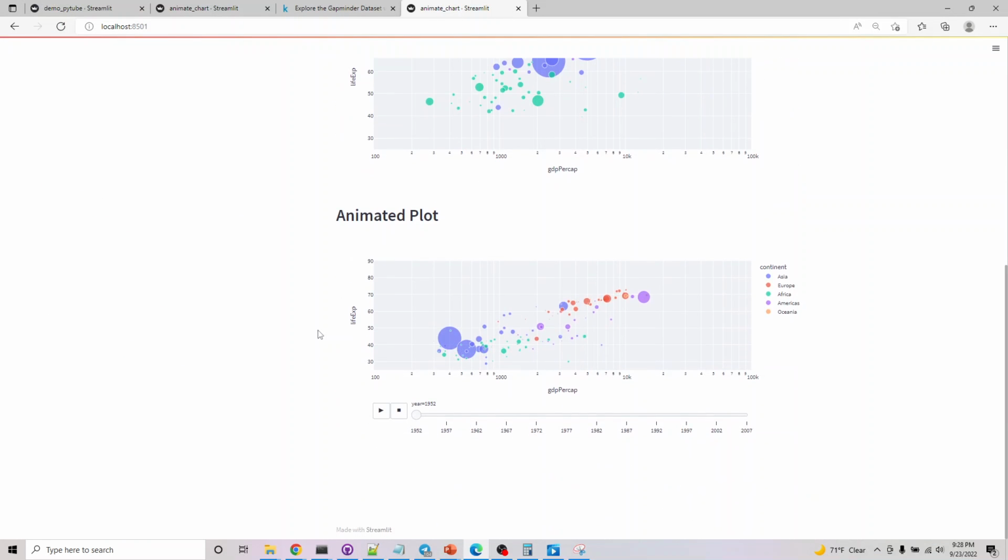And for an animated plot, from start to end you can actually do this. You could have seen these animated charts in the Wall Street Journal and other newspapers, and this is something